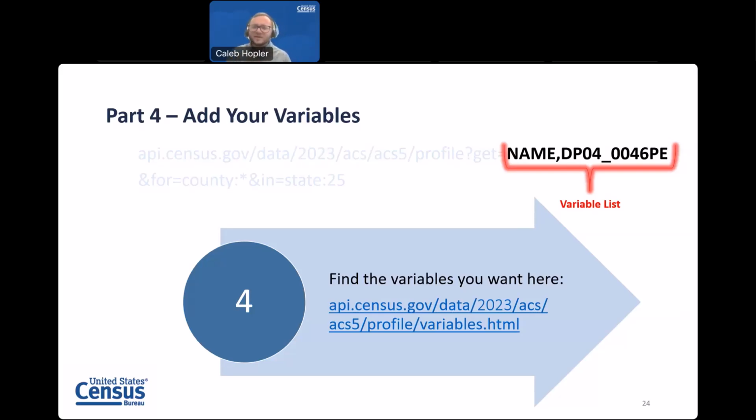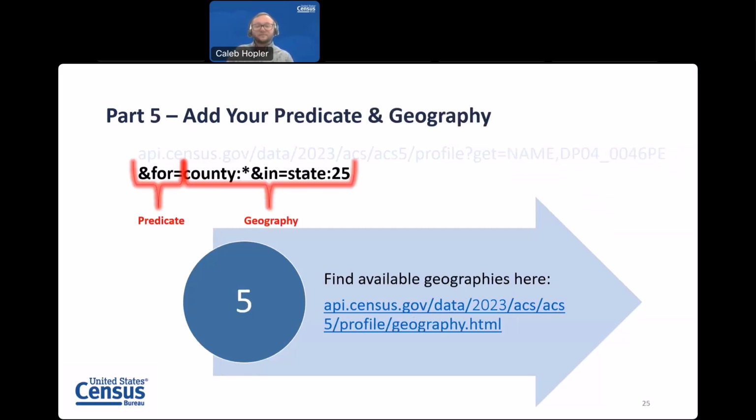Now make sure that the categorical variables, such as name, group, etc., are placed next to the regular variables. And this is such as the DP04_0046PE you see on the screen. Now, this example is pulling the percent estimate, PE, for row 0046 in the data profile DP04. For the 2023, this data point is the percent of owner-occupied units.